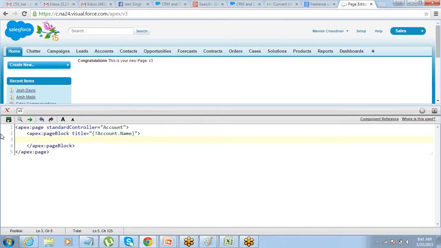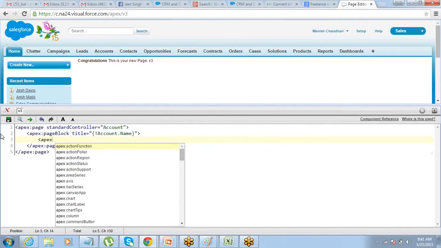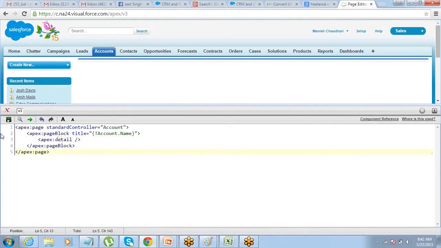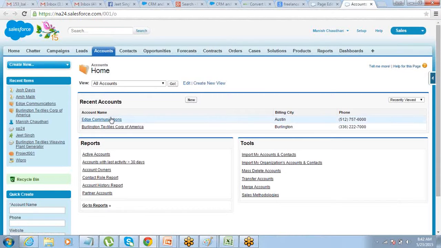In that case, we just have to use a component. If I want to call all the details of a record, details meaning all the fields, it will be difficult for me to type in every field. So there is another component called apex detail. This detail component will help you bring the complete details of the record for which you supply the ID. So now I just use this component, apex detail. If I go to any of the records,